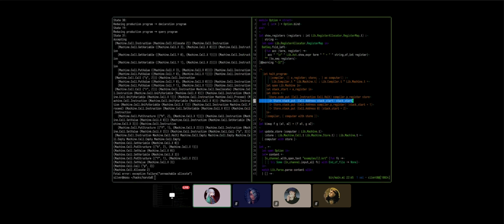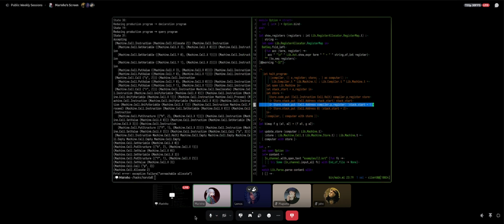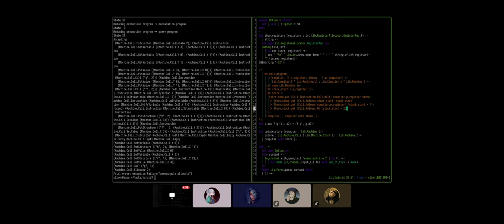We put the address at the p register. Where is that coming from? Oh, it's from the compiler actually. Yep. That doesn't make any sense. And until then we now put a zero. And then we put a zero here. Hmm.